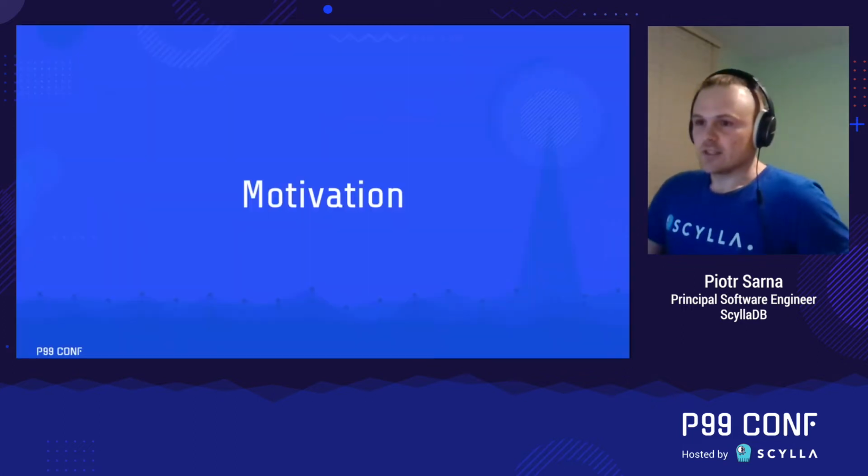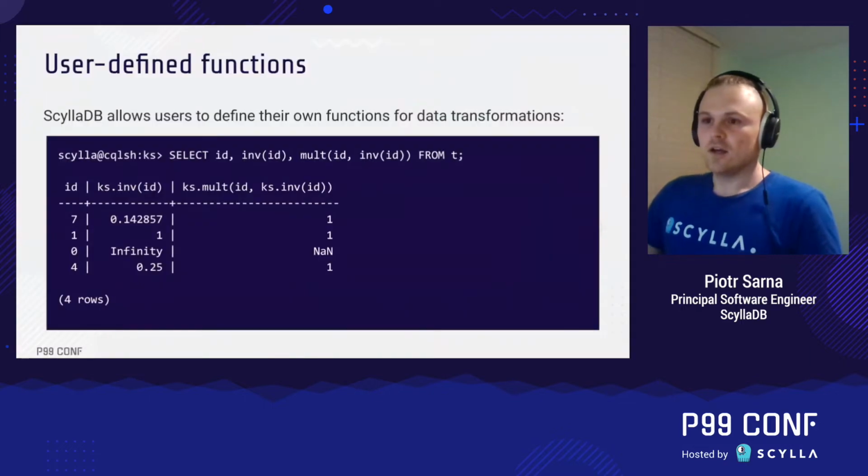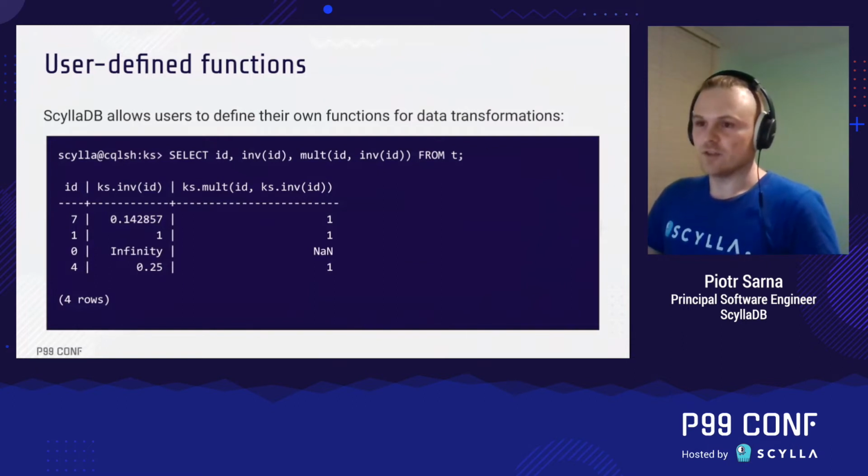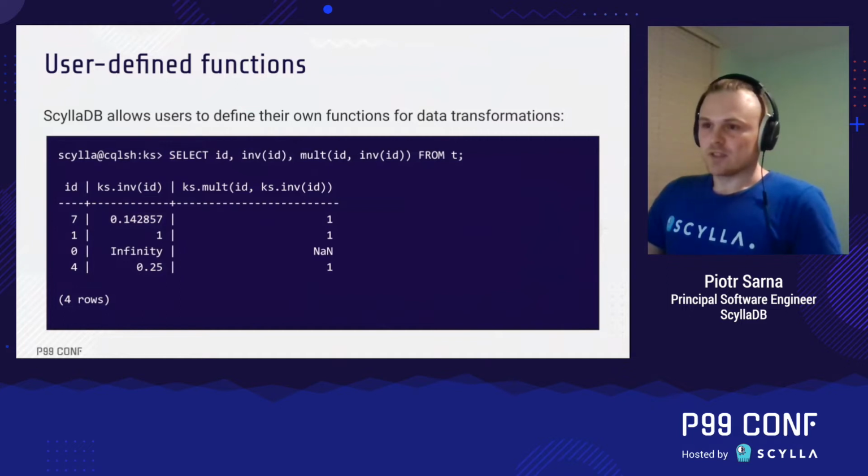Before I dive into details, let me explain why we considered integrating WebAssembly into ScyllaDB in the first place. Our first use case is user-defined functions, also known as UDF. It's a feature in our database that allows defining a function in a given language and then using this function when querying data. The function will be applied on the arguments by the database itself and only then sent to the user. It's also possible to express nested calls and other more complex operations with UDF, as you can see on